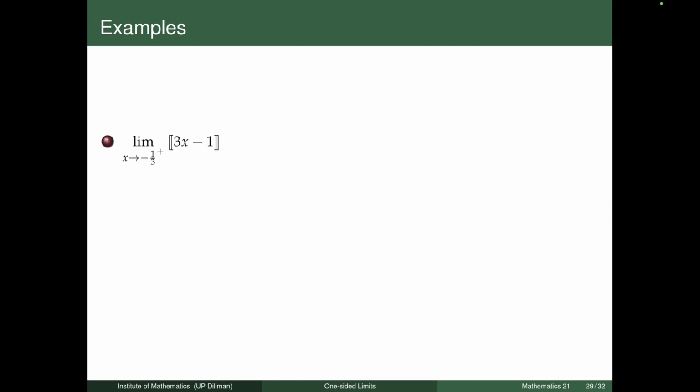So one more example. As x approaches negative 1/3 from the right. So how do we do this? So x is approaching negative 1/3 from the right, which tells us that x must be greater than negative 1/3. Okay. So if I multiply by 3, I get 3x is greater than negative 1. So multiplying by a positive will not change the inequality. And then I transpose